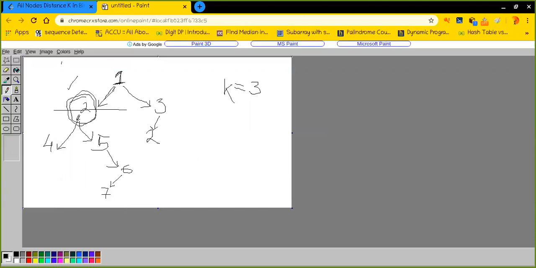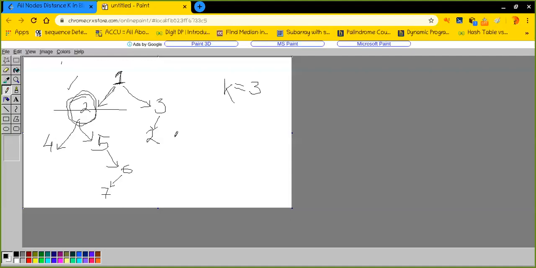Because I can simply do a BFS traversal and print those nodes which are k distance away from the target node. But above it, at the ancestor level, if I were trying to propagate to all the nodes present under that ancestor, it is quite difficult because I cannot move upward. So if somehow I get access to the parent, then it would be much easier to propagate all these nodes to get the result. Okay, so I hope it is pretty clear to you.